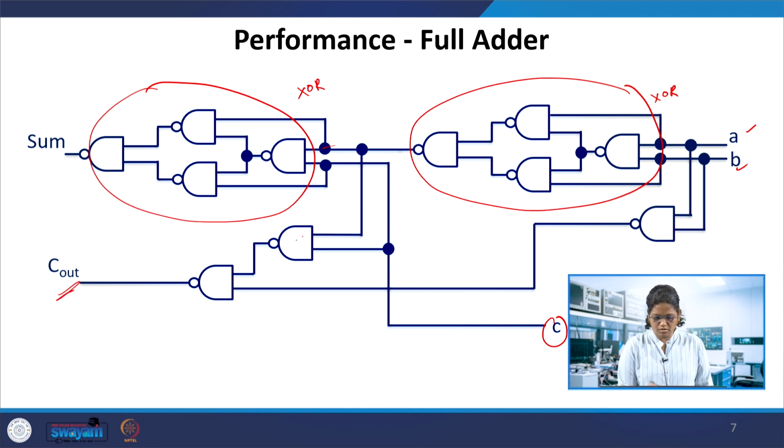So for the three more AND gates, here 1, 2, 3, this is four NAND gates, and again 3 NAND gates. So totally 4 plus 4 is 8, plus 3 is 11 NAND gates used for this function. If you have one NAND gate module, this can also be made as a ladder.